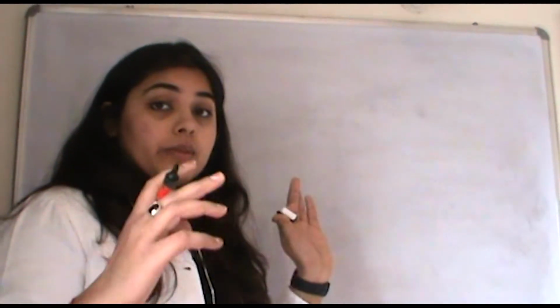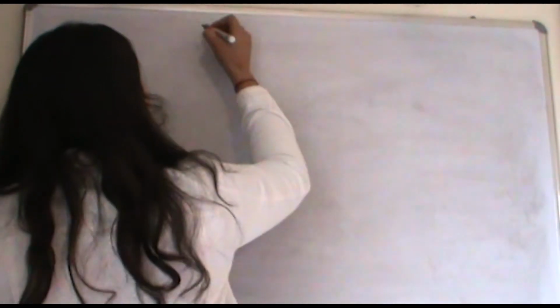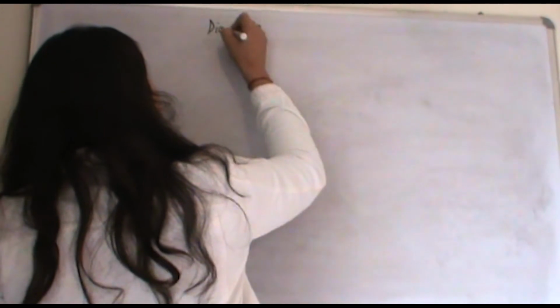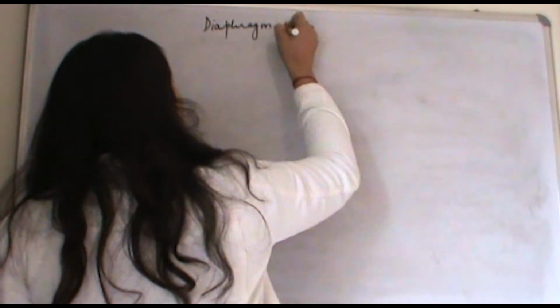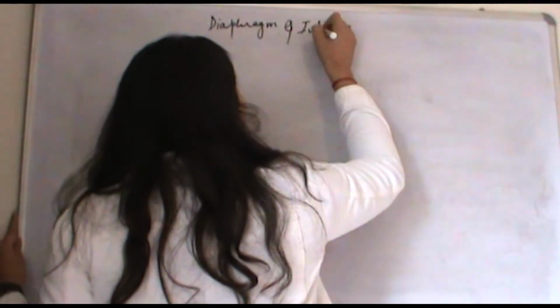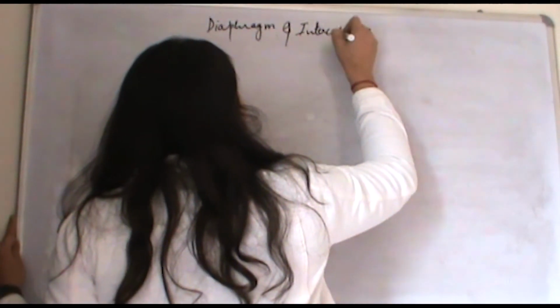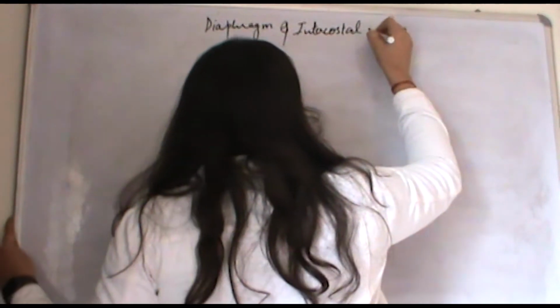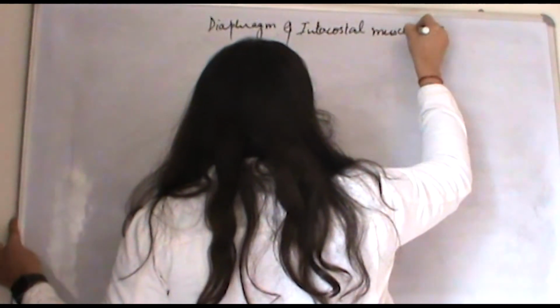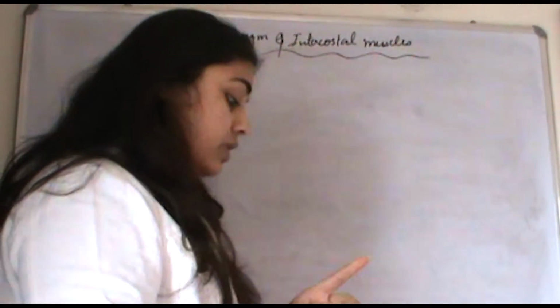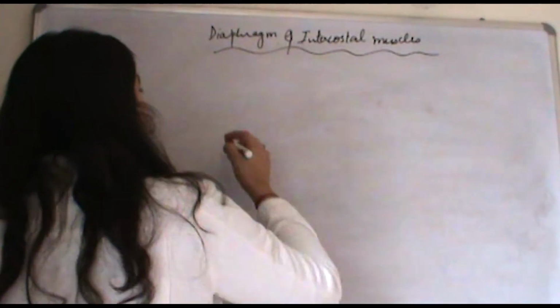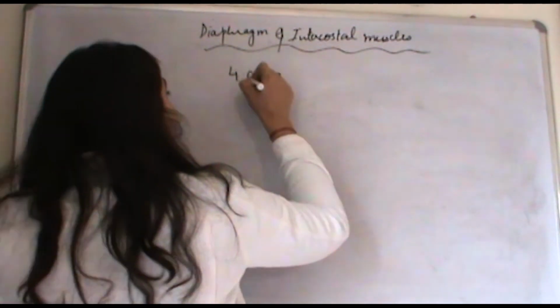The next video we will be starting with the diaphragm and intercostal muscles. So what about the diaphragm now? You must have seen, I have already told you that there are 4 cavities in the human body,